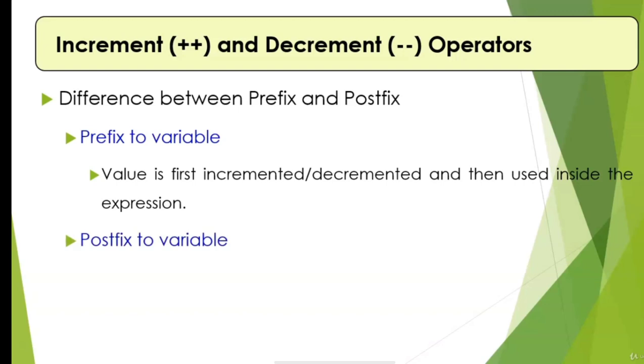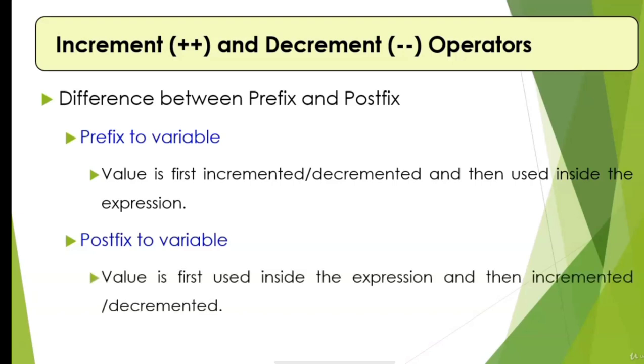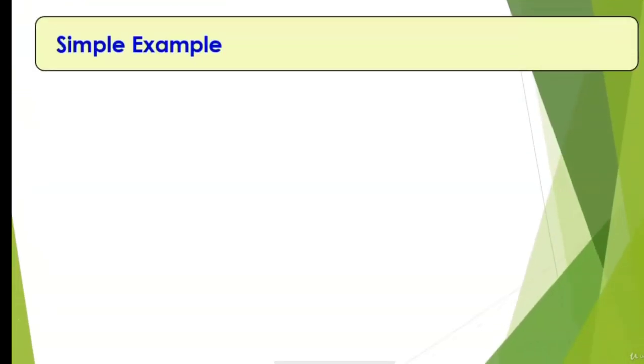If we are applying the postfix version of the operators on the variable, then the value of the variable is used first in the expression and then later it is either incremented or decremented. Prefix means make the immediate changes in the variable by application of the increment or decrement and then later use that updated value in the expression. Postfix means first evaluate the expression using the old value and then later increment or decrement the value of the variable. Let's have a simple example and then this difference will be more clear.